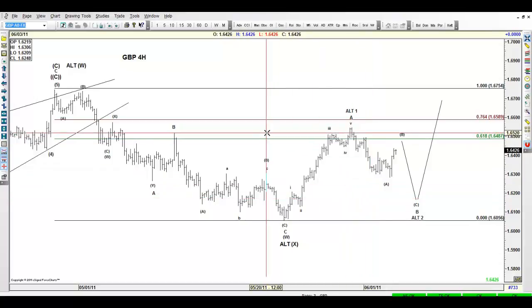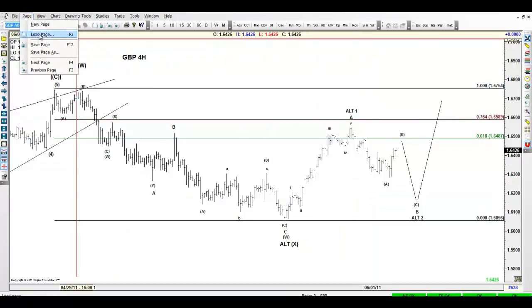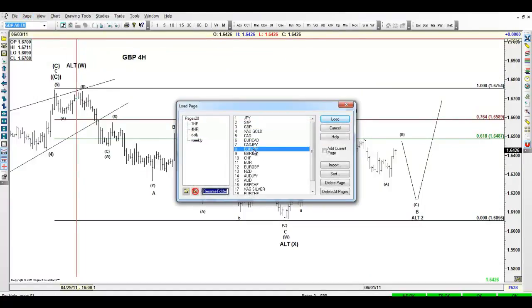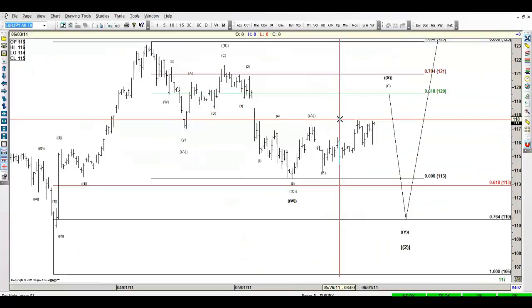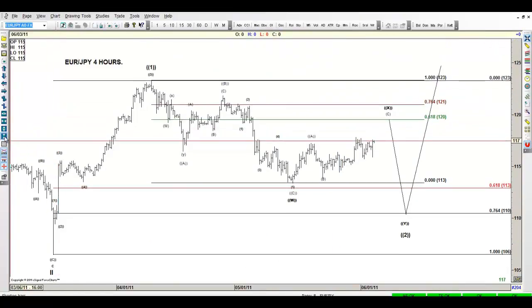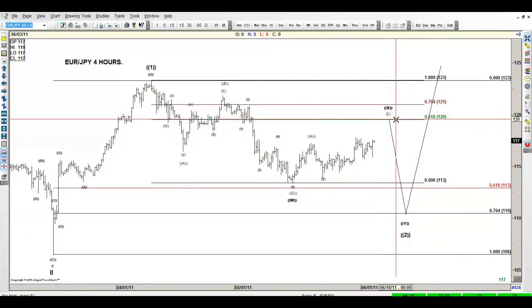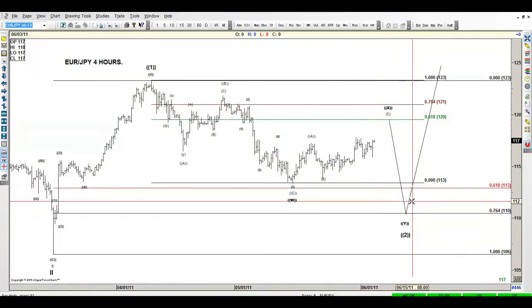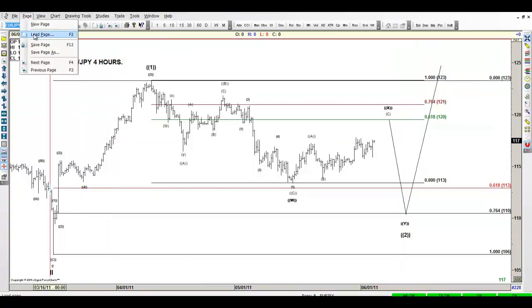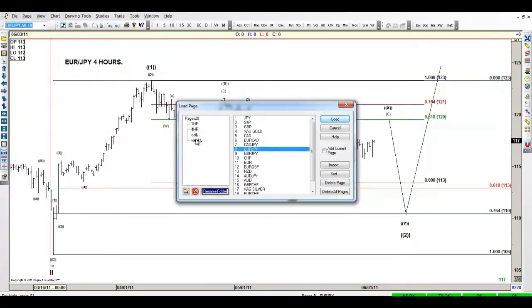I can show you scenarios like, let's say on the yen pairs, let's say this is the euro yen. The way that we're seeing it is that this is W, we are in the S wave, and it should prove dollar and euro weakness. So like I say, we cannot take size yet, guys. It is 50-50. Oil is bullish. I mean, S&P is bullish. We were presenting to you guys, you can see both scenarios in the S&P.